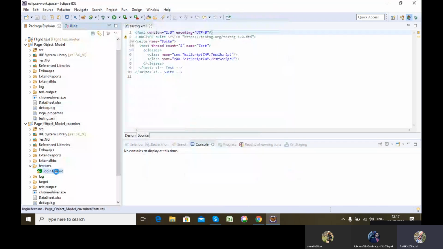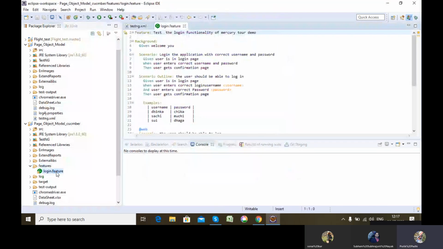Now what happens? After this file is created, what you will be writing here is in the English language. As a result, if a client sees this feature file, he will be able to understand, yes, this test case you are doing: the user is logging in, meaning entering the correct username and password, and then getting the confirmation page.